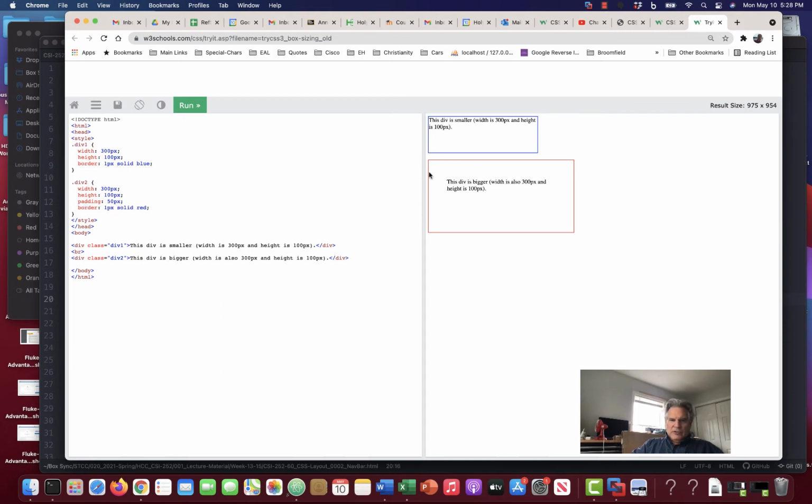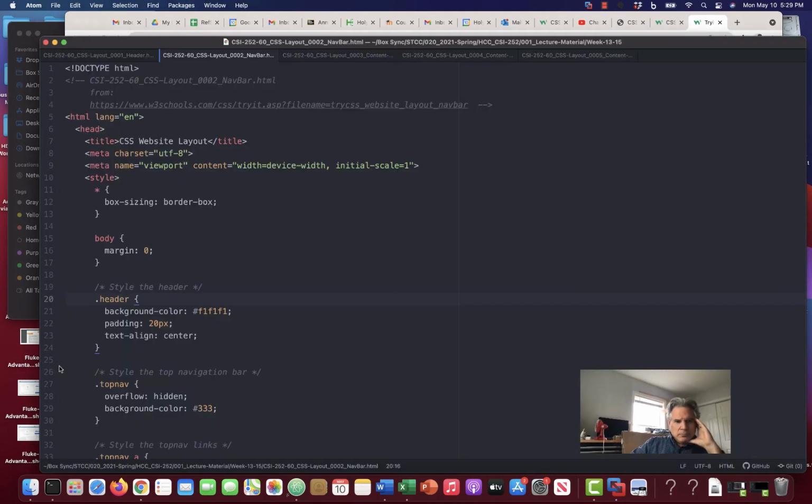So you see this extra 50 pixels around all this stuff, and that pushes out where the actual div begins, or division begins and ends. So anyway,